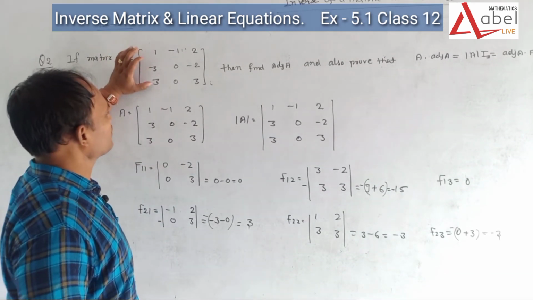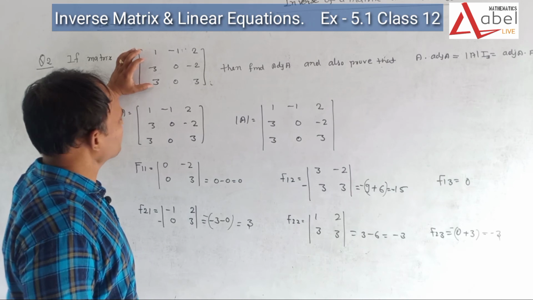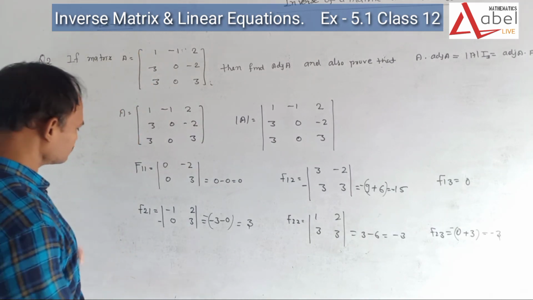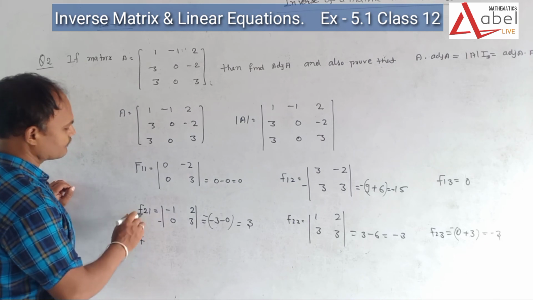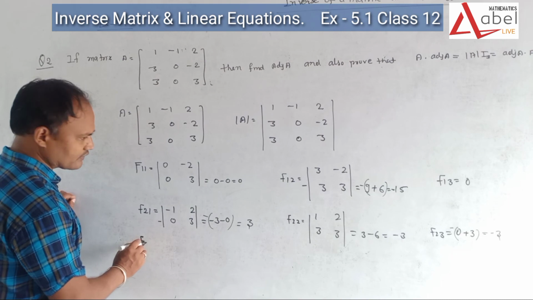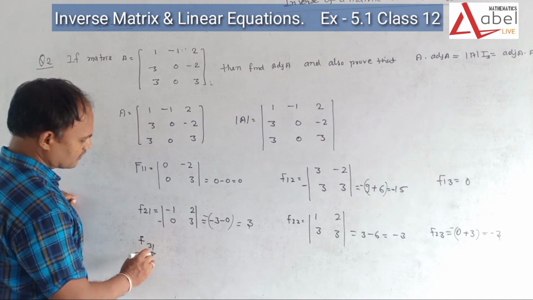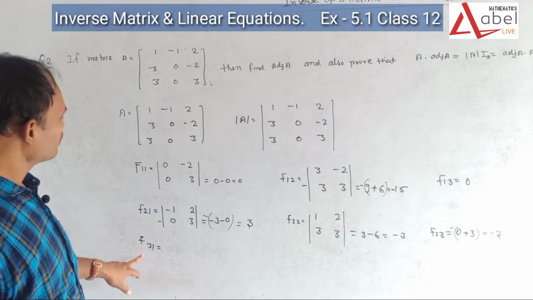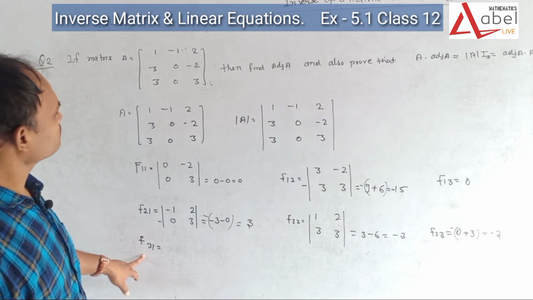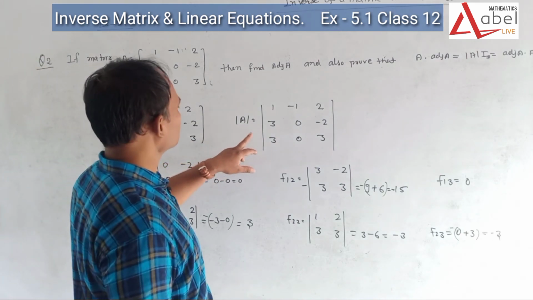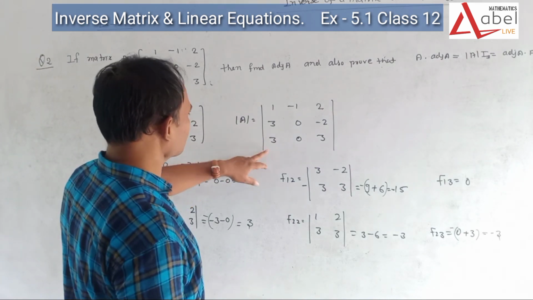In the textbook it is a 1, so it's not a problem, you have to use 3 here, and after it we are going to solve it. Okay, so it is F21, F22, F23. Now F31 means we are going to find F31, so we are going to find it with respect to 3.